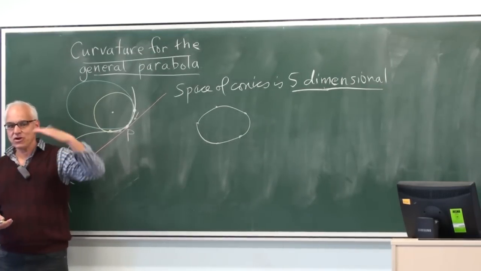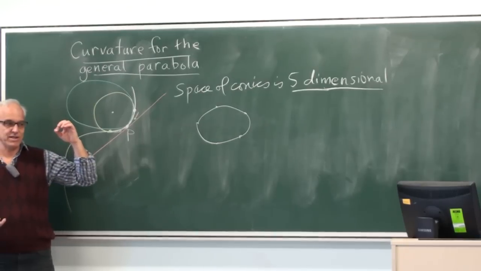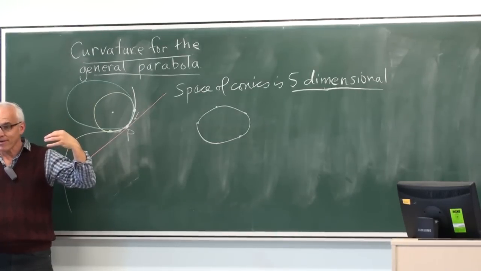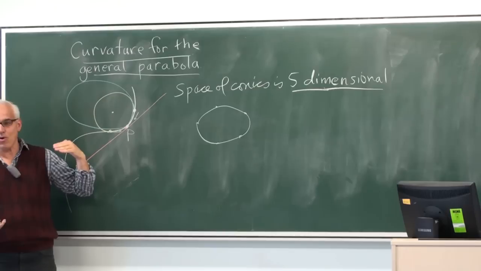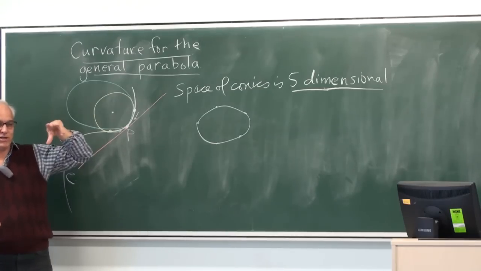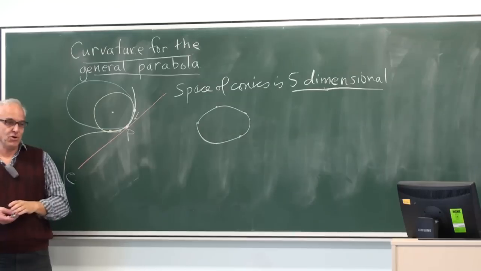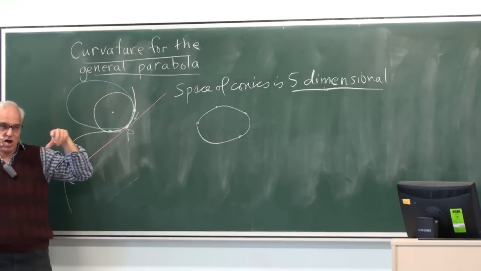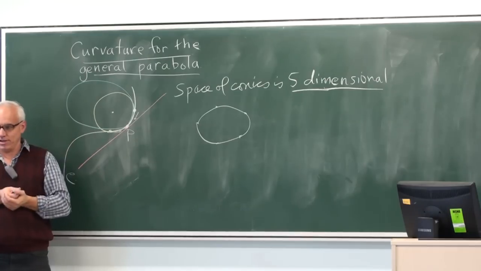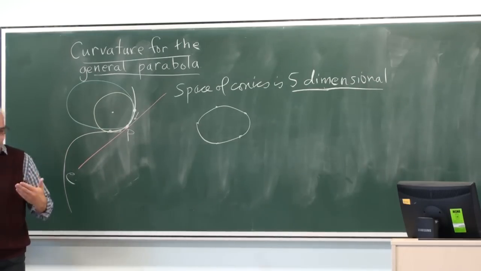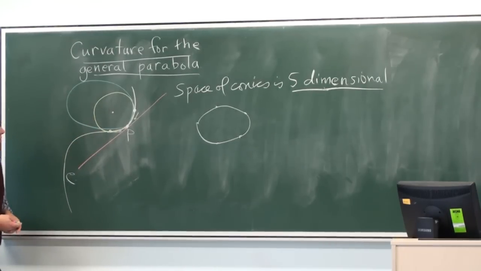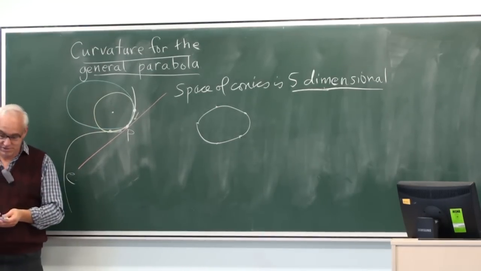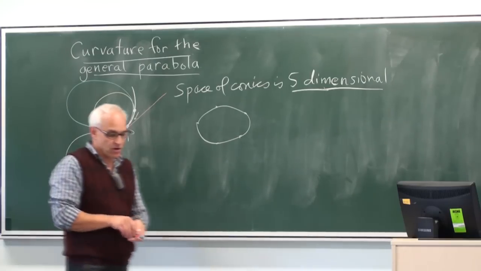So for example, when we go to surfaces and we have a point on a surface and we ask what's the osculating sphere, it turns out that there is no unique osculating sphere. You cannot go up in dimensions by considering 4 points on a surface and allowing them to go to a point. The sphere that you get will depend on the way you choose the 4 points. So generalizing a circle is difficult. For that reason, we're going to take a very parabolic approach. This is a somewhat non-standard approach to curvature.